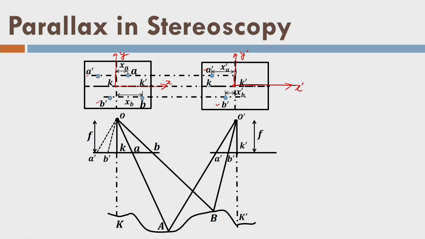So, with respect to this origin I place these things here, and now I can write this is my XB dash, this distance which is equal to this distance. Similarly, this distance is my XA dash. I hope you understand the simple idea. Okay.